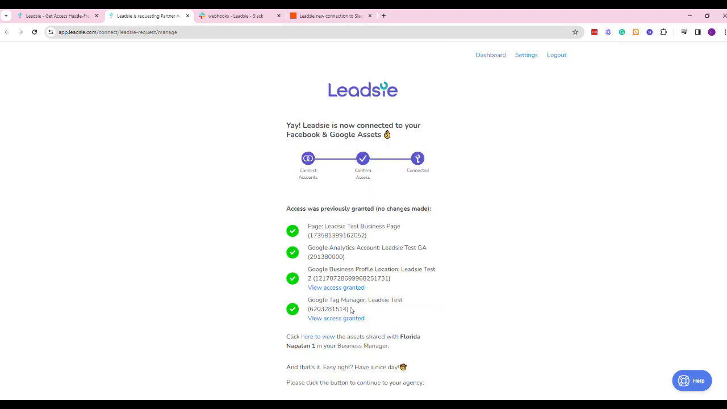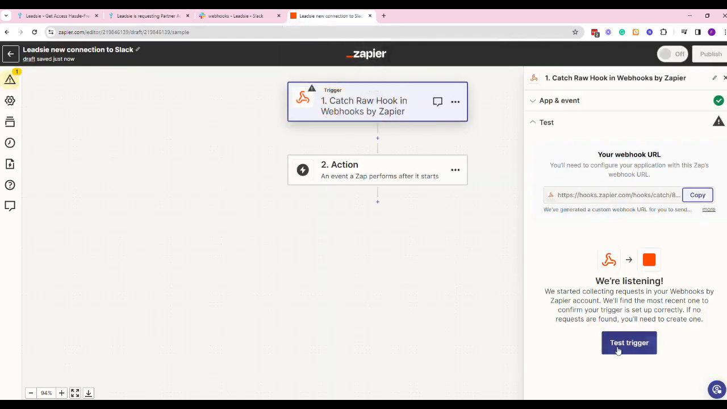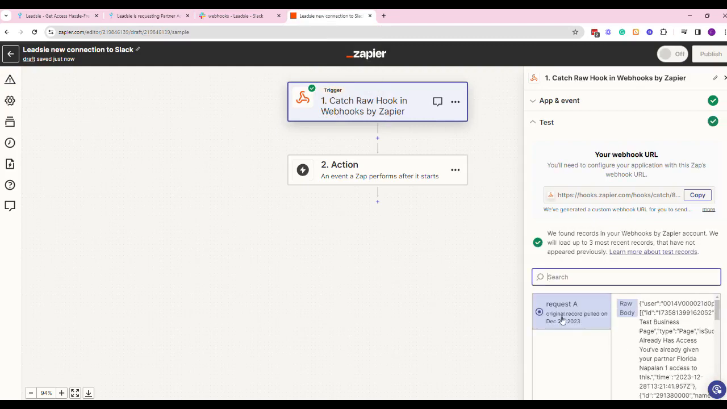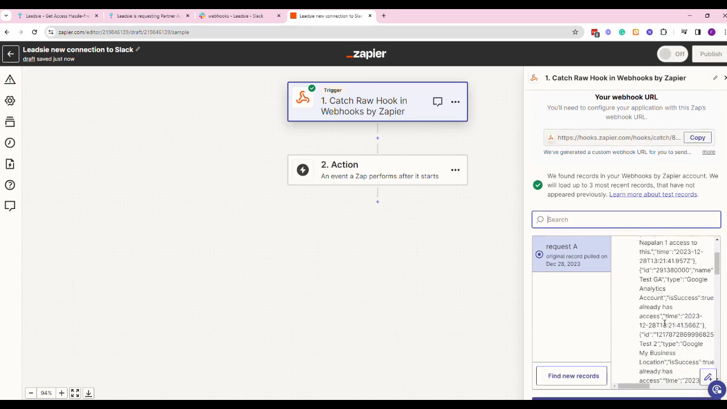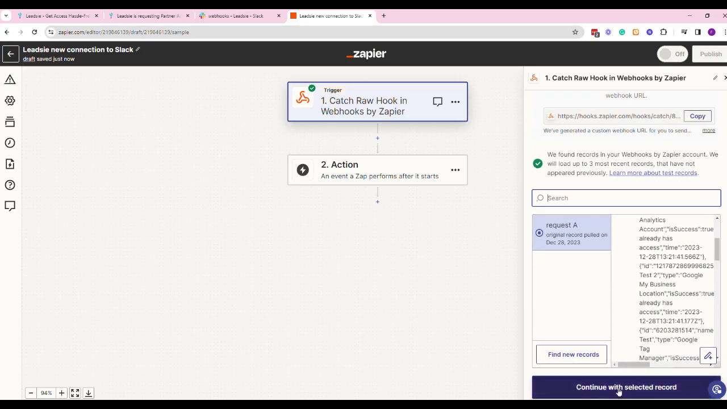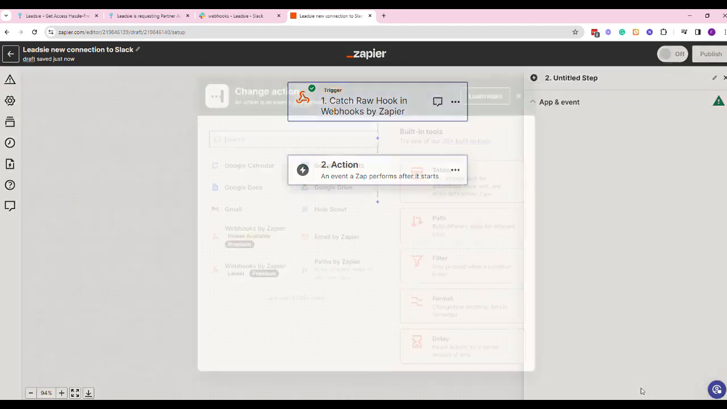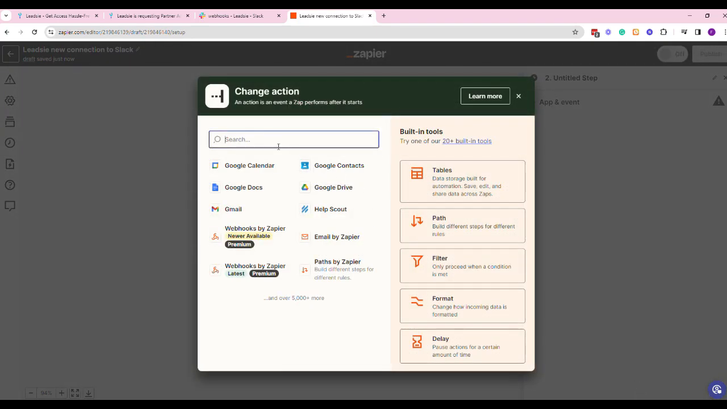Once the access has been granted, you can go back to your Zap and then click test trigger. That way, your Zap would have data that we can choose for our next step. Then once that's done, you would just continue with selected record. And then next is